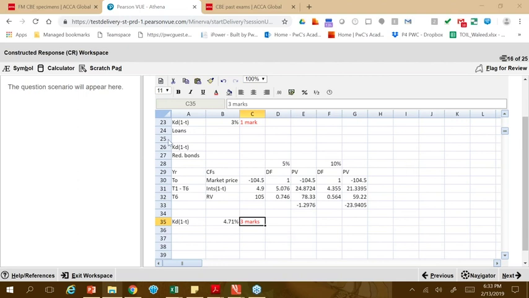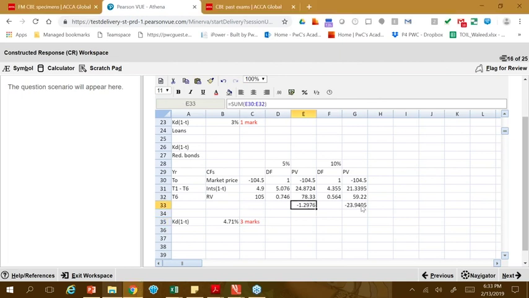The next question is, is there any problem to use twice negative values for IRR? There is no problem in that. As I've got here the values of 5 and 10% as negative, and as I use this formula, there is no problem in using 2 negatives. This is also a problem sometimes in the exam. Students try to use 1 positive, 1 negative, and in pursuit of that, they waste a lot of time, which is not needed.